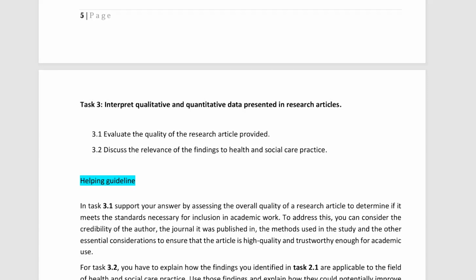First of all, who wrote the research article, who is the author? When was the article published, was it published in a credible journal or not, and what methodologies were used in that research article. These are the factors you need to keep in mind while evaluating the quality of the specified research articles.